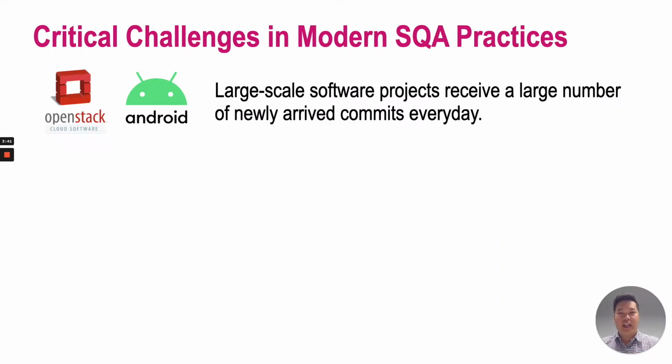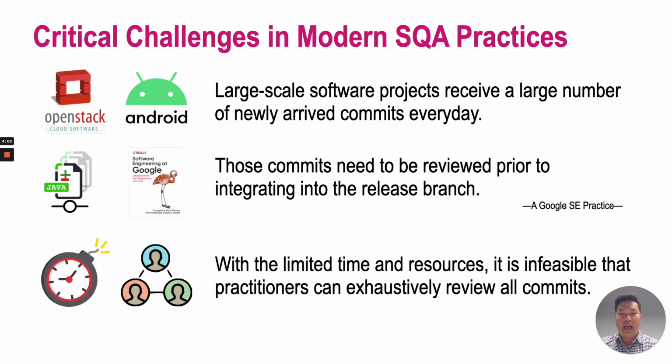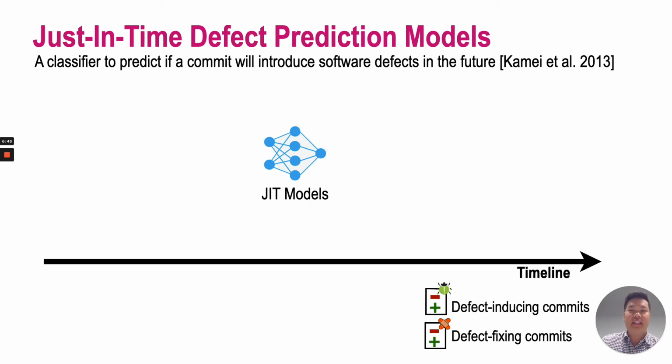Normally, large-scale software projects often receive a large number of newly arrived commits every day. According to Google's software engineering practices, such commits need to be reviewed by other practitioners prior to integrating into the release branch. However, with limited time and human resources, it is infeasible for practitioners to exhaustively review all commits. Thus, just-in-time defect prediction has been proposed to predict which commits are the most risky or are likely to be